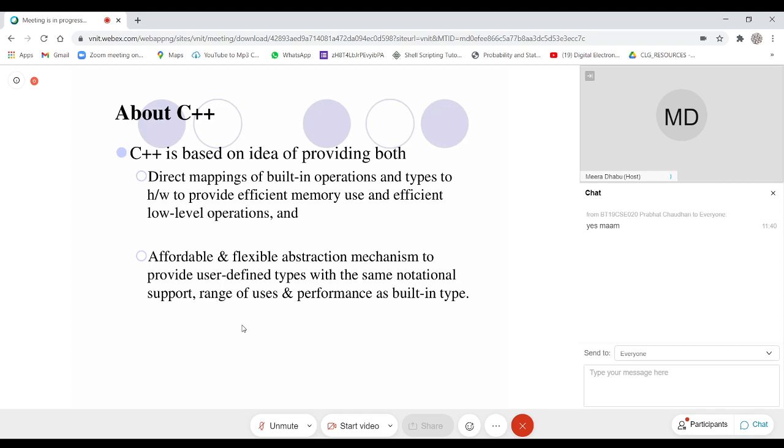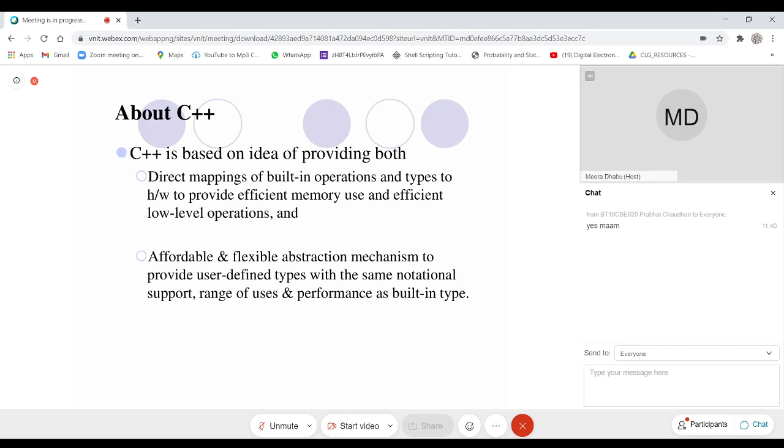If you look at the machine level, direct mapping of the built-in operations and the type of hardware to provide efficient memory use and efficient low-level operation can be done with C++. At the same time, an affordable and flexible abstraction mechanism is provided with the help of class definitions. A user can make use of this to support various uses, just like the built-in data types.